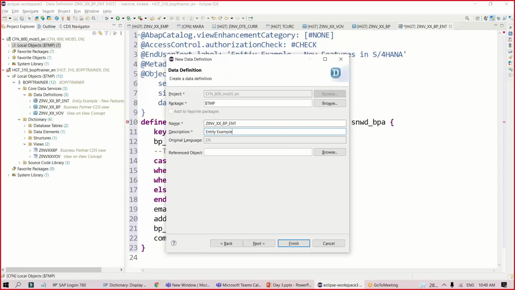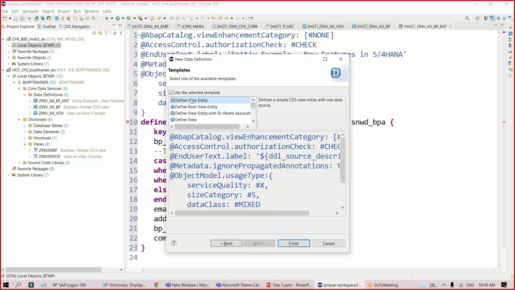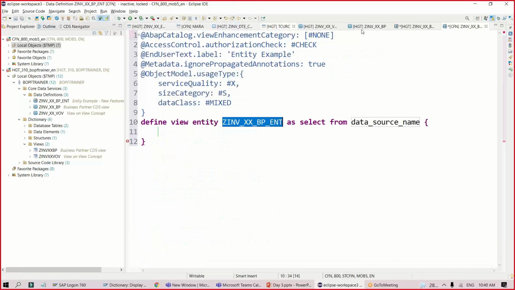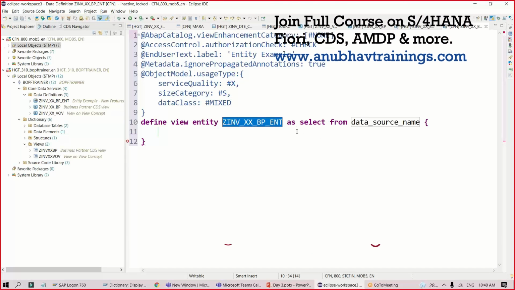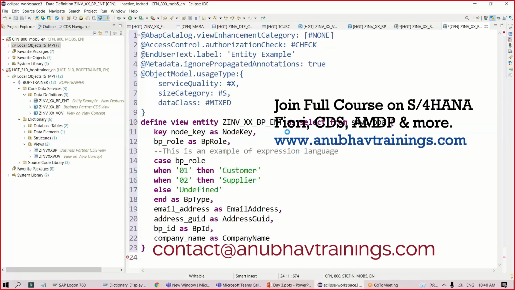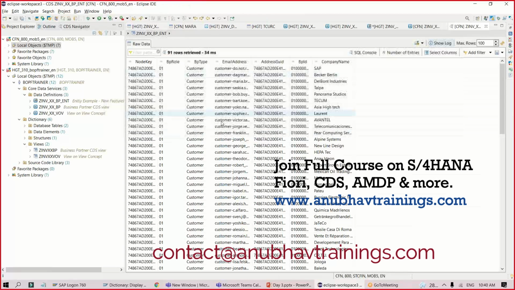So you can observe that it is the exact same code as the CDS view. CDS entities are not different from that. It's just that it's better handling. So you can just simply take your code from the CDS view and put it in the entity. So we will choose view entity, click finish. And now I will just grab the code, which is not activating here, but it's just because of the system, of course. And I will paste it now, save it, and let's activate. And voila, it got activated in my system. Yeah, and if I run it, it's the exact same result.